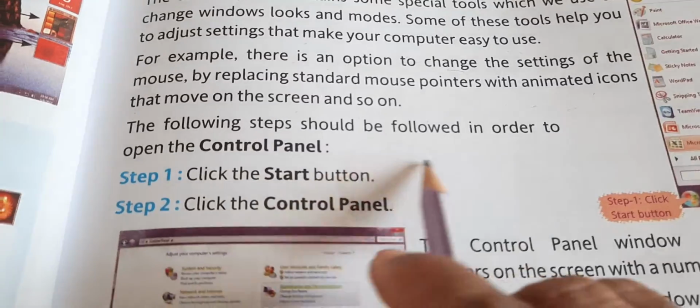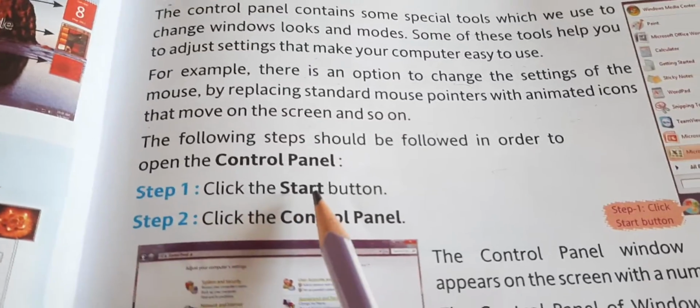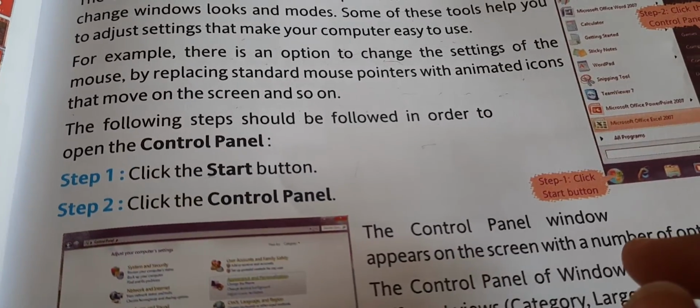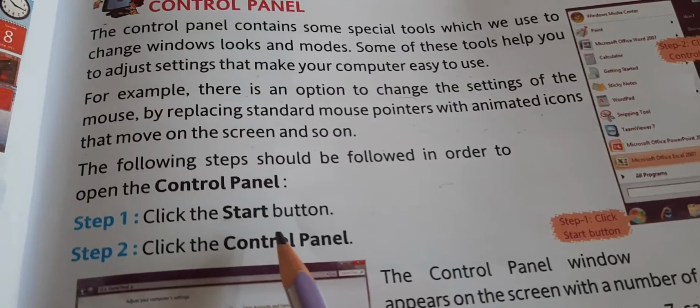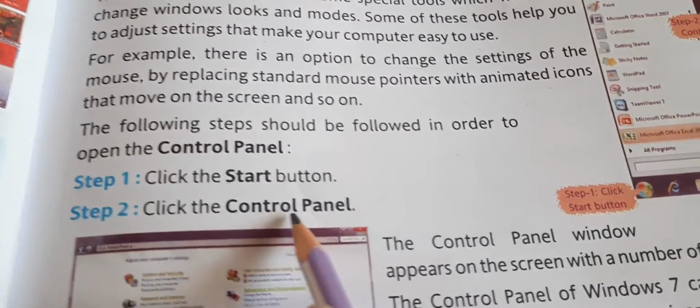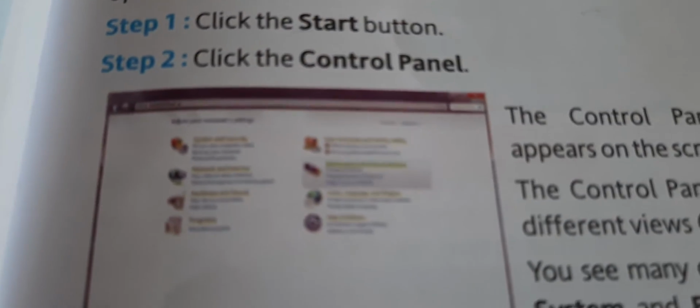The following steps should be followed in order to open the control panel. You will first click on the start button, as I showed you, you will open the start menu, and then you will click on the control panel which is present here. Okay, it will take you to this screen.